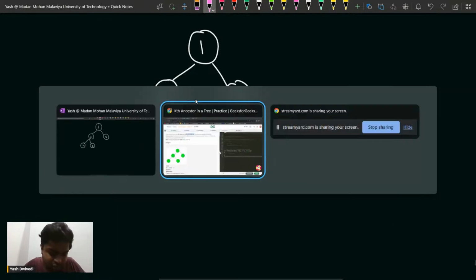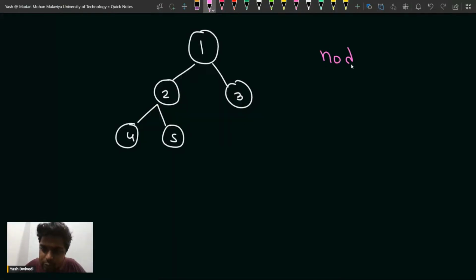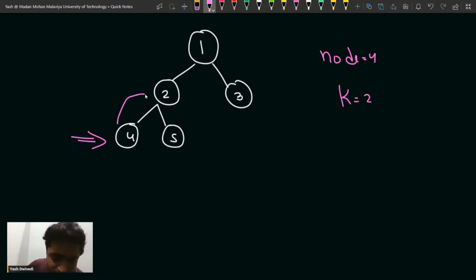So suppose we have been given the node value as 4. For this particular node, we have to find what is the second ancestor. K is equal to 2. So if you go one ancestor above, and then one more ancestor above, in total you are traveling two ancestors. For this node, if you travel one ancestor up, you'll go to the father, and from the father again you go one ancestor up, then you will get